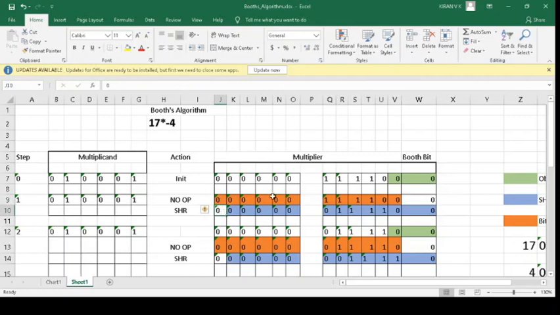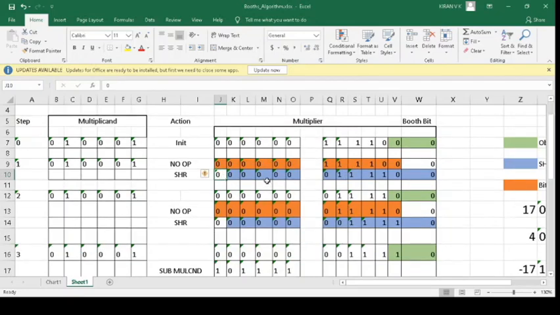So this iteration, iteration number 1, is complete. It was completed with a no operation and a shift right. This is the result of the shift right, including the Booth bit. This entire thing is copied to the next iteration, the second iteration. As usual, we will observe the Booth bit and the LSB of the multiplier pattern. Again, the pattern is continuous zeros, so no operation has to be done in the second iteration. So this entire sequence of bits, including the multiplier bits as well as the Booth bit, is copied as such. Then to mark the end of the second iteration, we need to perform a shift right.